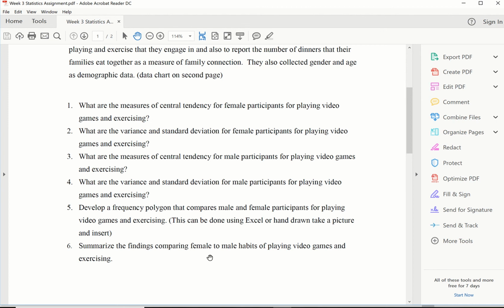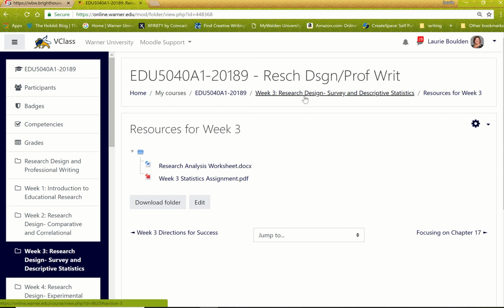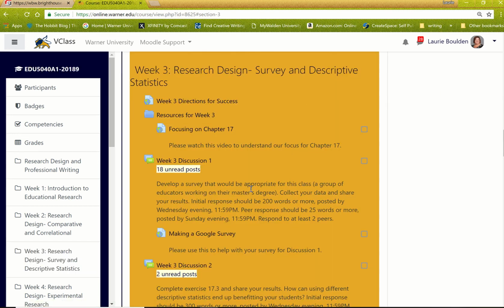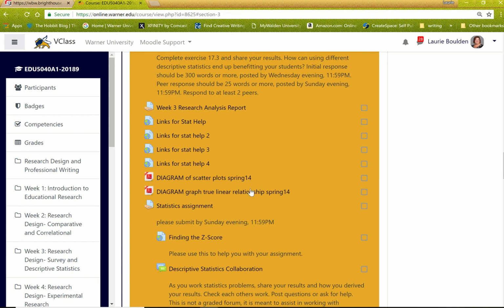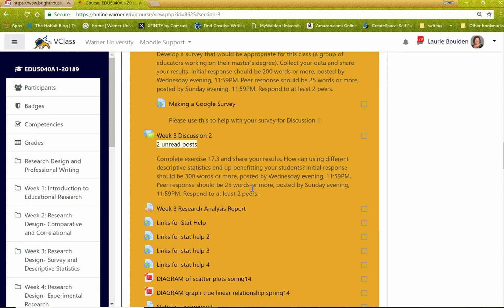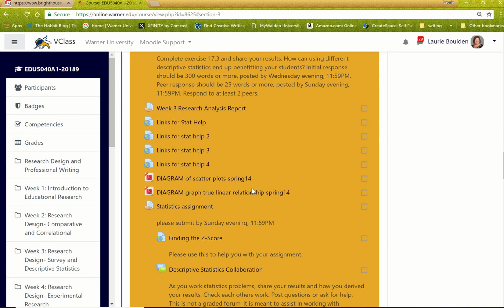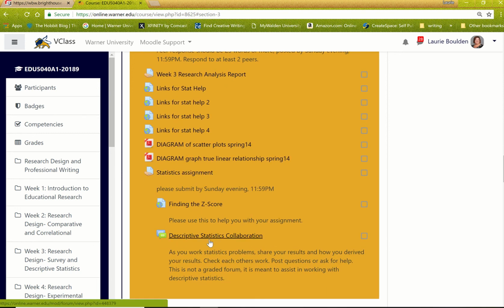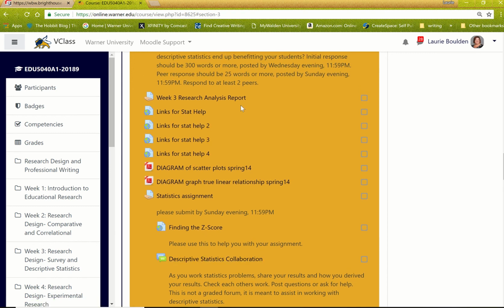As you are working on your central tendency and your standard deviation and variance, if you want to post that in our Moodle group, the posting is not for a grade. Here it is, descriptive statistics collaboration. So if you want to post some of your responses, some of the answers you're finding, and how you're getting that, you can help each other out, that's fine. There's no grade for doing the collaboration,